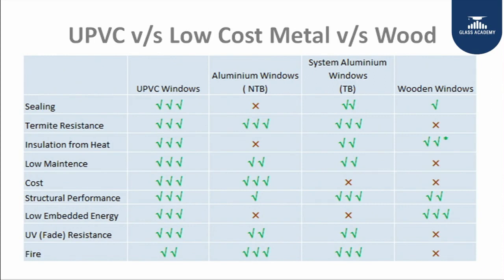In this slide, there are various positives and various negatives for different systems. One needs to choose carefully the framing material which one is going to use. Of course, wood is something which is not predominantly available in the market, and it is a natural resource people like to prevent from being consumed. Therefore, if you talk about an alternative with low embedded energy, one of the biggest alternatives is the UPVC window so far.